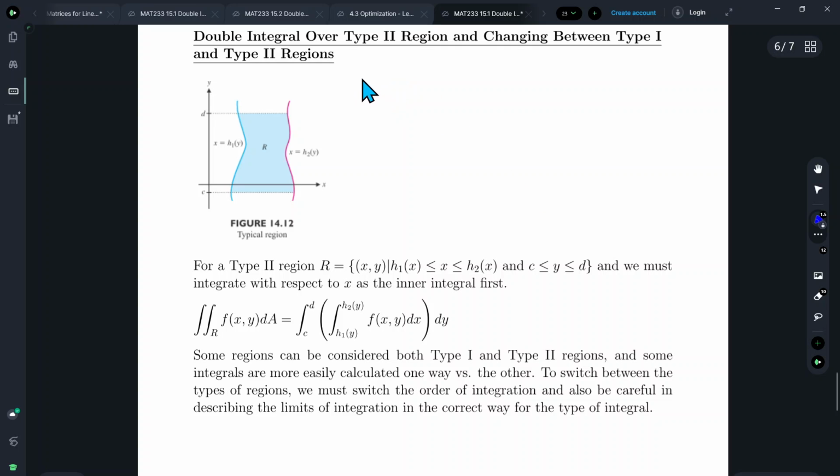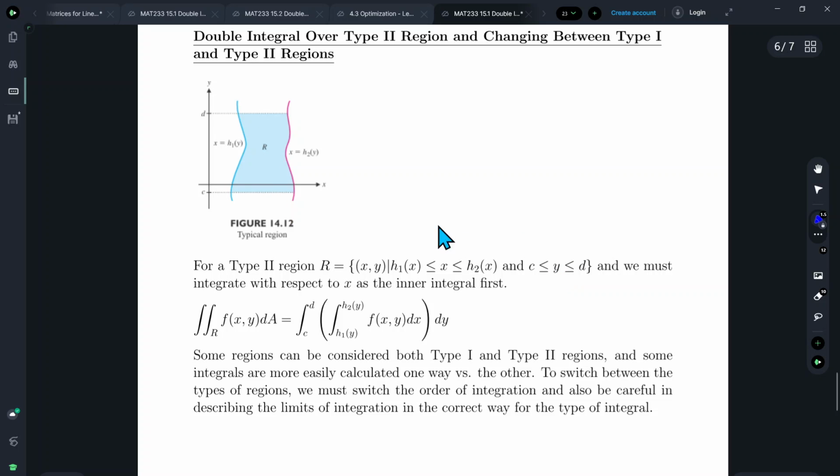Okay, so now let's take a look at double integrals over type 2 regions. So in a type 2 region, the top boundary and the bottom boundary are straight lines like this. However, the left boundary and the right boundary are allowed to be curves. And so to describe a type 2 region, the y variable